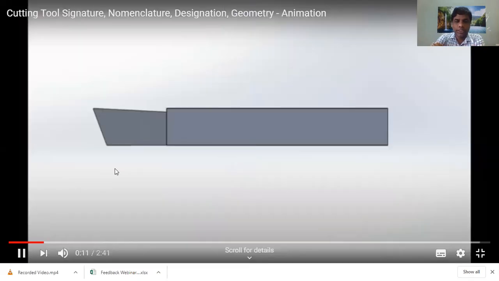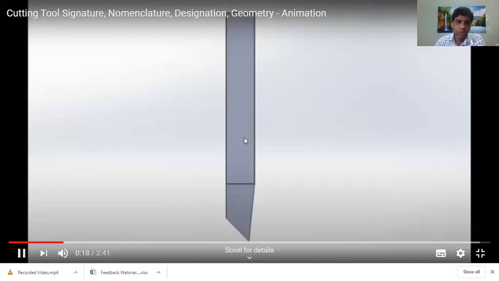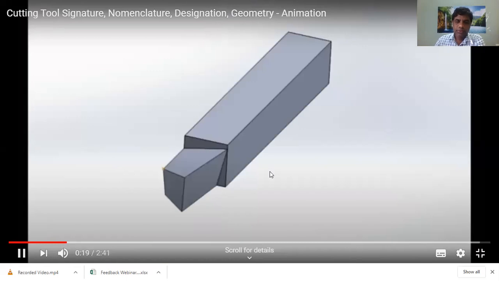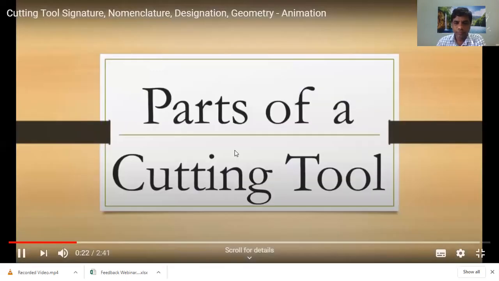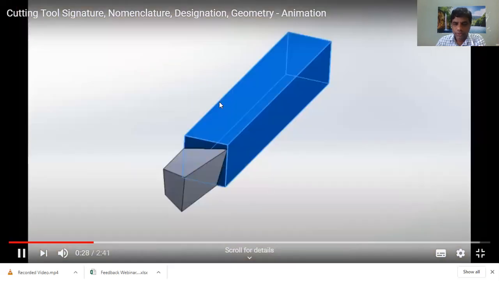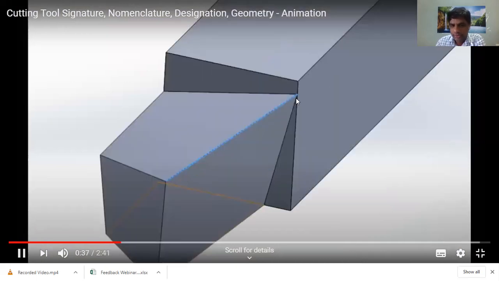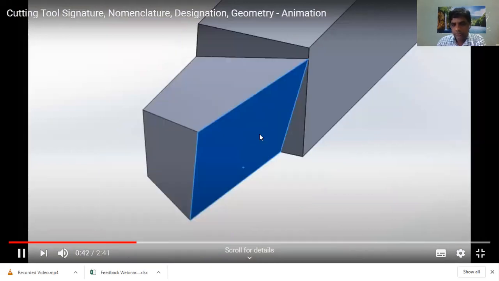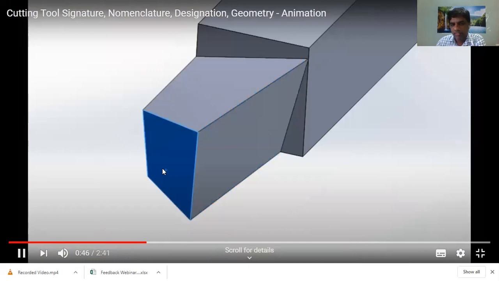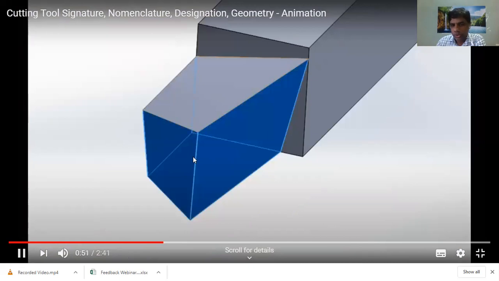So this is a typical cutting tool for a lathe. This is the typical tool with all three sides shown. This is the shank of the tool. This portion is the face over which the chip flows. This is the cutting edge. This is the secondary or end cutting edge. This is the flank, principal or primary flank. This is the end flank. This is called the cutting tool. The cutting corner is also called the nose. So these are the two flanks and this is the face.